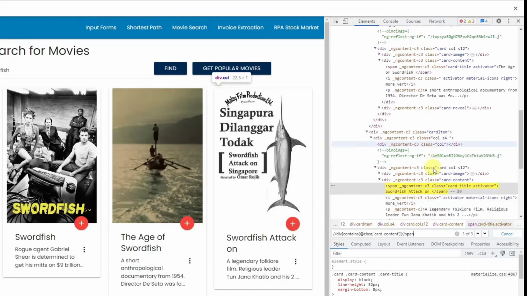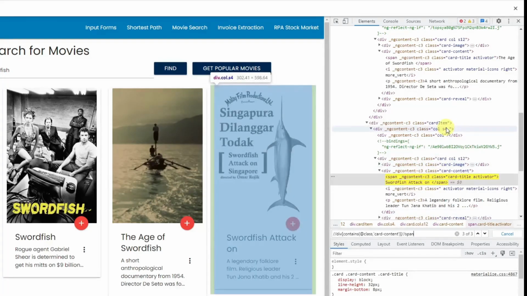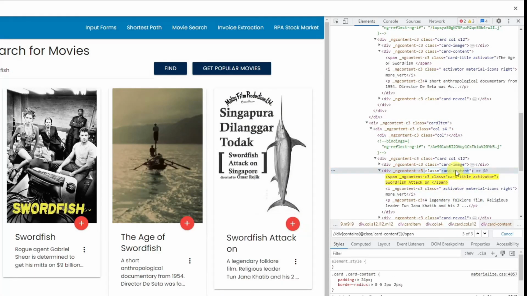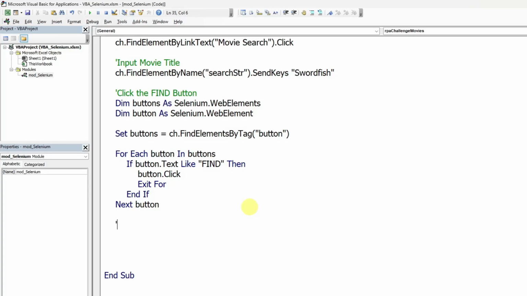So what we will do is first create a collection of div elements, and then we will find a span element inside of those elements. All right, I think it's hard to explain, but let me do that now in VBA. So let me first copy the class. Then here we want to parse the movie titles,